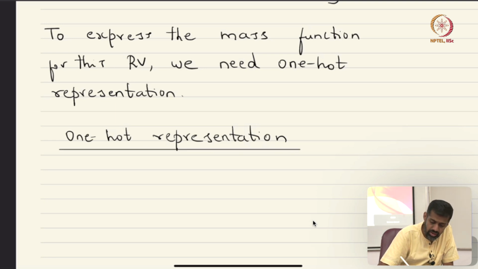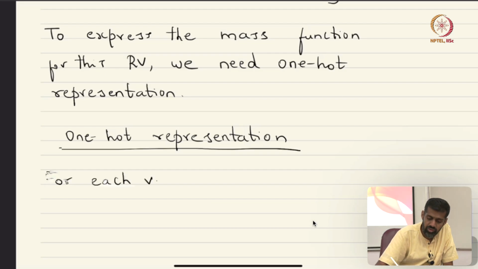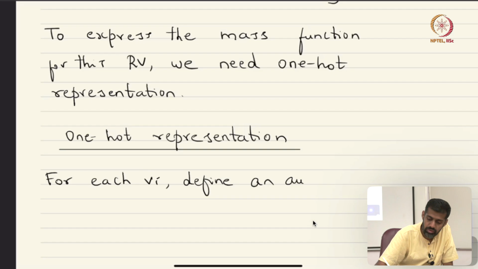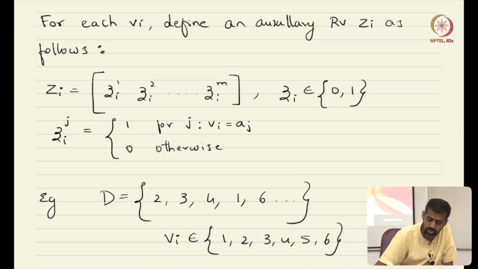So for each Vi, define an auxiliary random variable Zi as follows. Zi is equal to Zi1, Zi2, up to Zim,